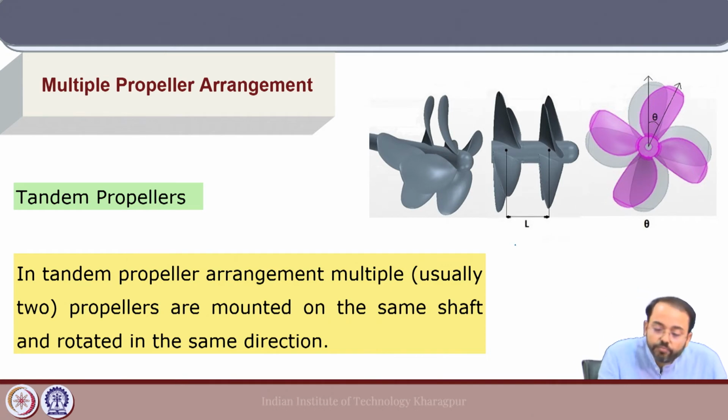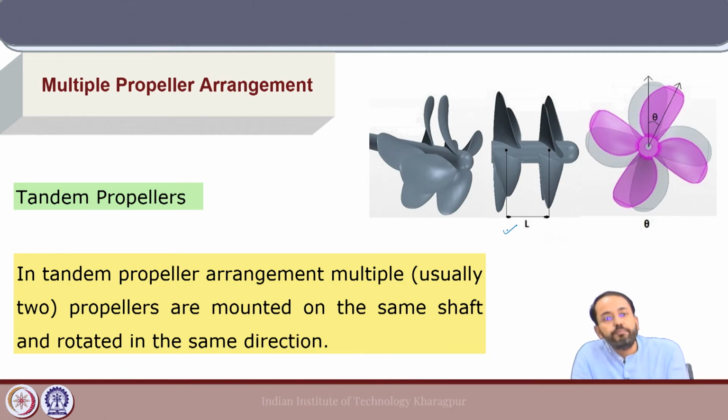Now, because we have two propellers, there will be a small axial distance between the two propellers which is mentioned here, and as they are connected to the same shaft which has a specific RPM, they are being rotated in the same direction. So, a small angular difference is also kept between the propeller blades of the forward propeller and the aft propeller, such that the vortices generated by the forward propeller do not have a large impact on the performance of the